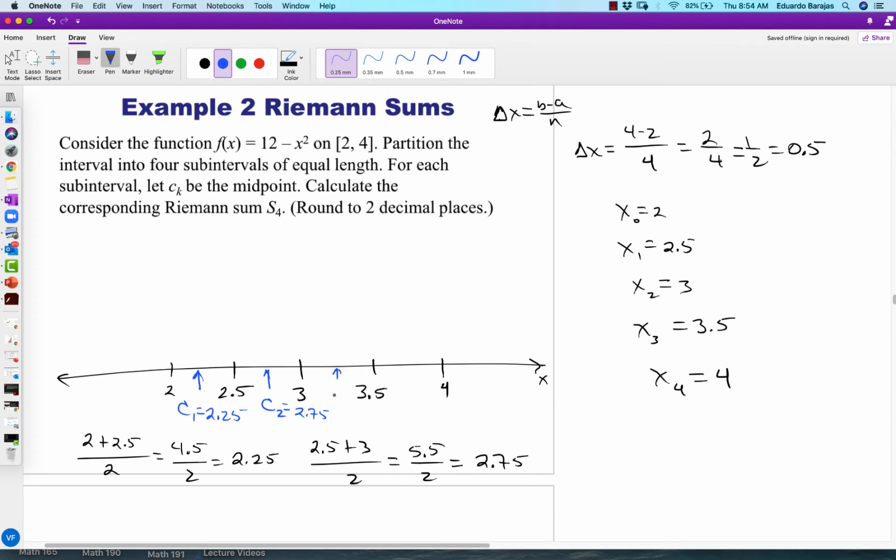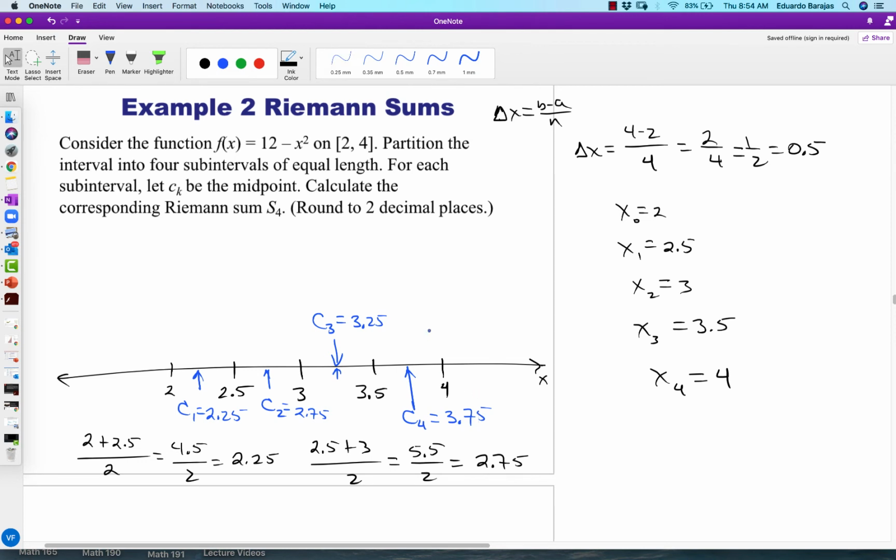The next one is going to be C sub 3. No, put it up here actually. C sub 3 equals 3.25. And finally, C sub 4 is going to be 3.75. Okay, so we have our C values, and now we can set up our sum to figure out the areas